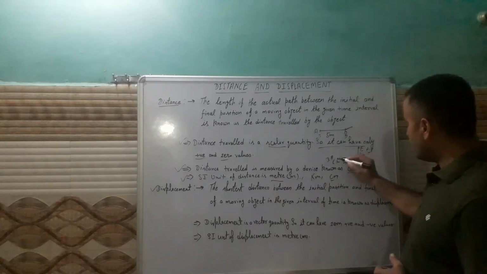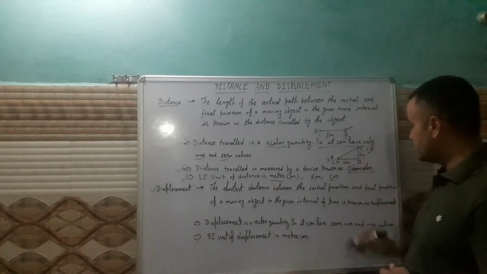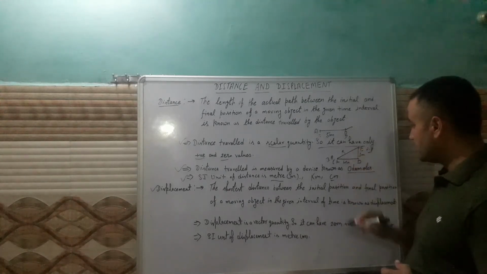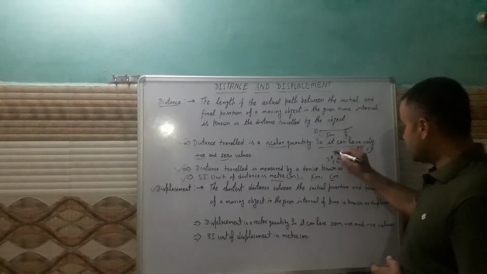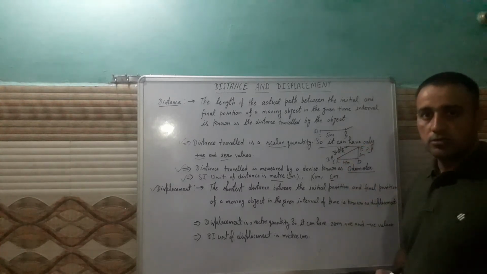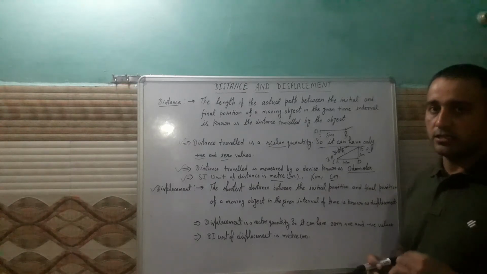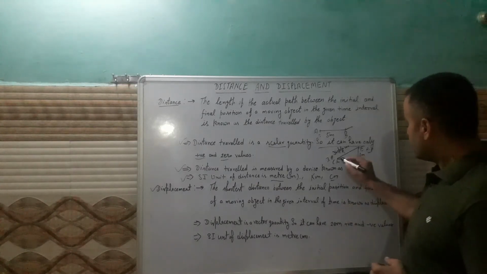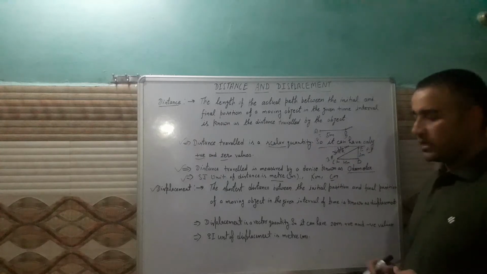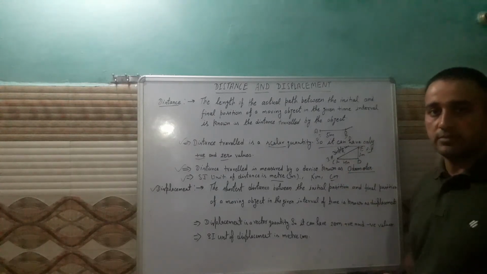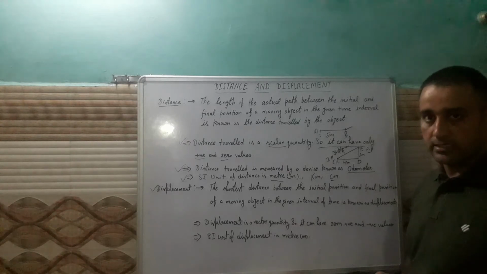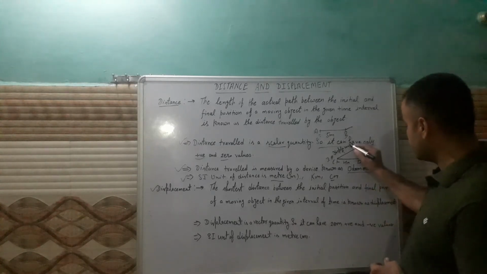Then what will be the value of this distance? This is known as the displacement. This is the shortest distance between initial and the final position, and we can say that this is the displacement. Dear students, keep in mind, whenever you are finding the displacement, just take the initial position and final position and measure the shortest distance between them. That is a straight line path, and that is known as the displacement.